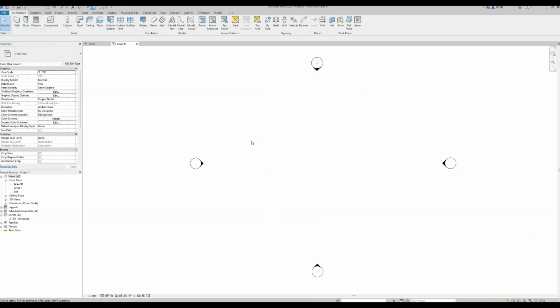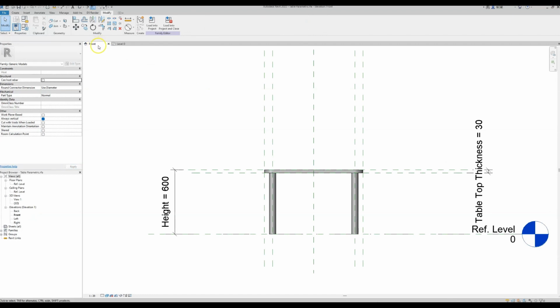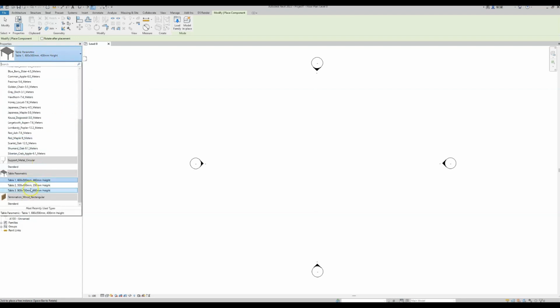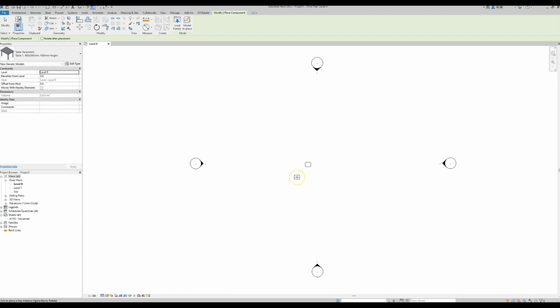This will bring us again into the plan view of the project, and to load our family, go back into our family, select load into project and close. You don't need it anymore, so we can close it. And once it's loaded, before I click at any location, you can see that we have a table parametric. This is the name we gave to our family, and it's currently selecting the table 1 type. We can open the drop down and select any of the 3 types we created. Let's stick with the first version and place it somewhere in our